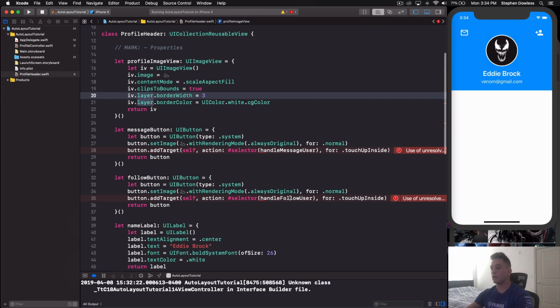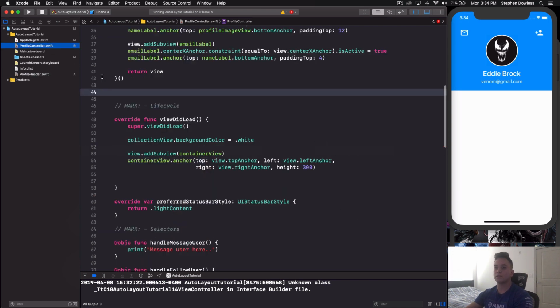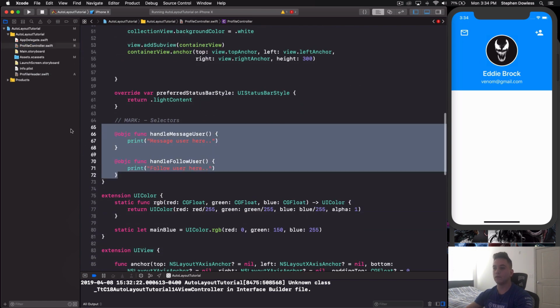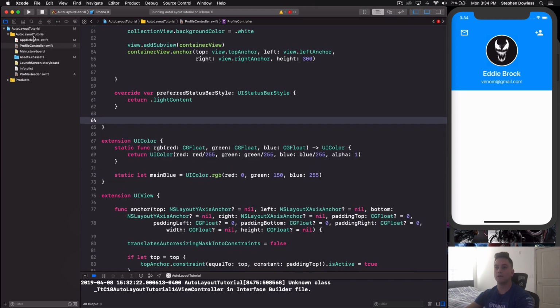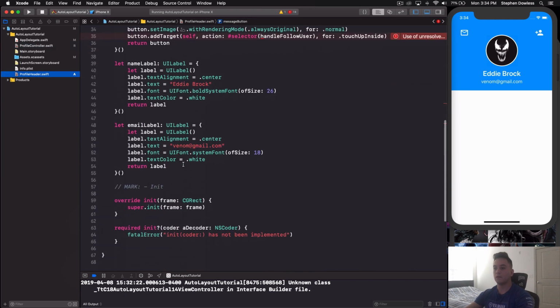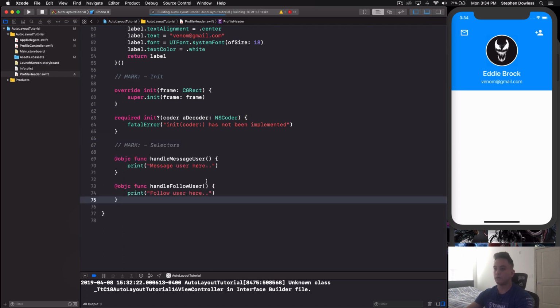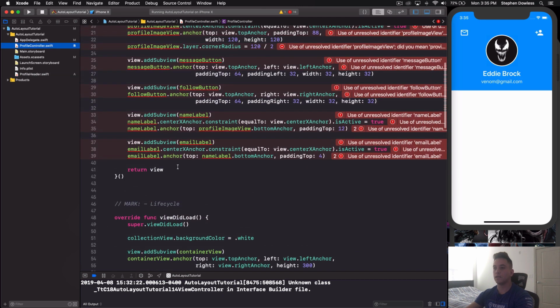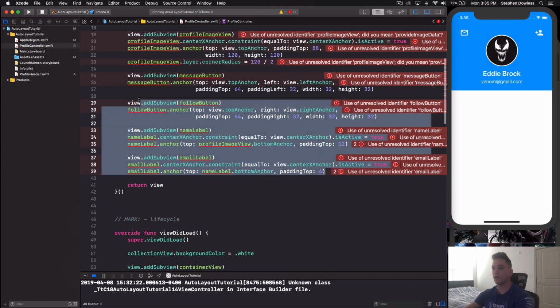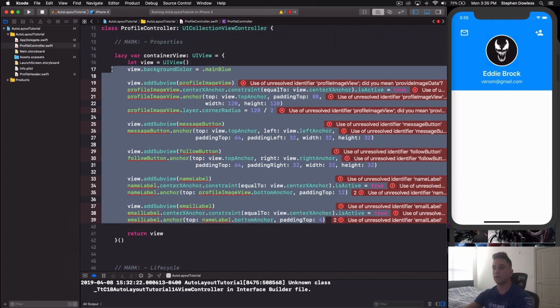So we're getting an error because we don't have these functions in here. So let's go back here, cut these guys out, put them in there as well. And if we hit build, those are going to go away. Okay, so now go back to your profile controller, and we need to take all this code out from our container view,